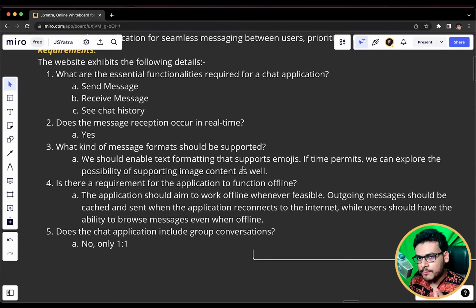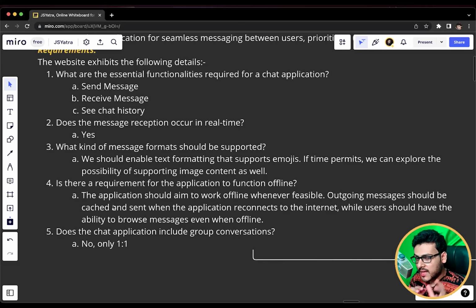And that is the only part that you will be able to cover in your system design interview round, because you hardly have 40-45 minutes for a system design round. And I don't think that you will be able to cover every aspect of this chat application, because even WhatsApp took a lot of time to develop to the stage where they are currently. So in 40-45 minutes time, we can make the basic application. We can discuss the basic parts of the application. Basic parts are like send message, receive message, and see the chat history. And for sending messages, it has to be restricted to text for now, because we don't have much time.